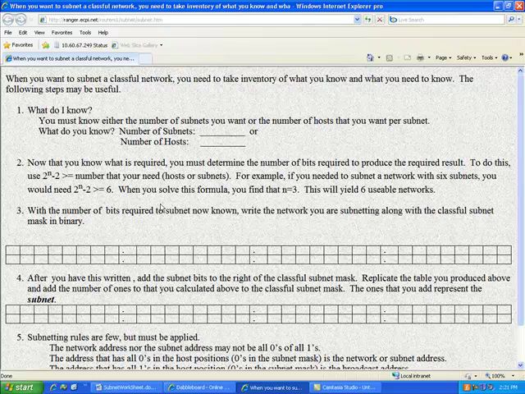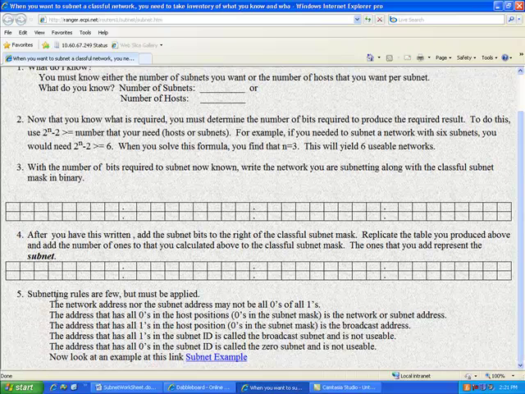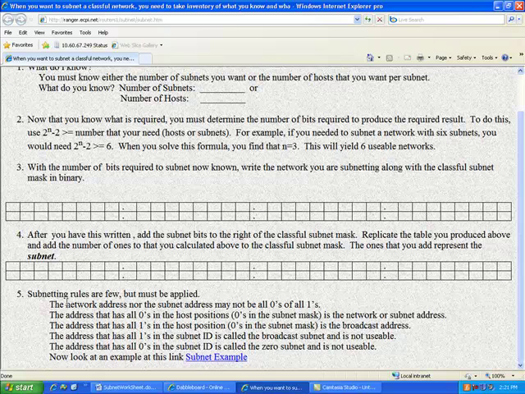We can't use the all zeros or the all ones, again, just like we couldn't in the hosts. We can't in the network address, the subnet address, or in the host address. And those rules are down here. A few subnetting rules must be applied. The network address nor the subnet address may be all zeros or all ones. The network address is going to be the base network, the one we started out with, the classful network. I'll show you an example here in a minute,